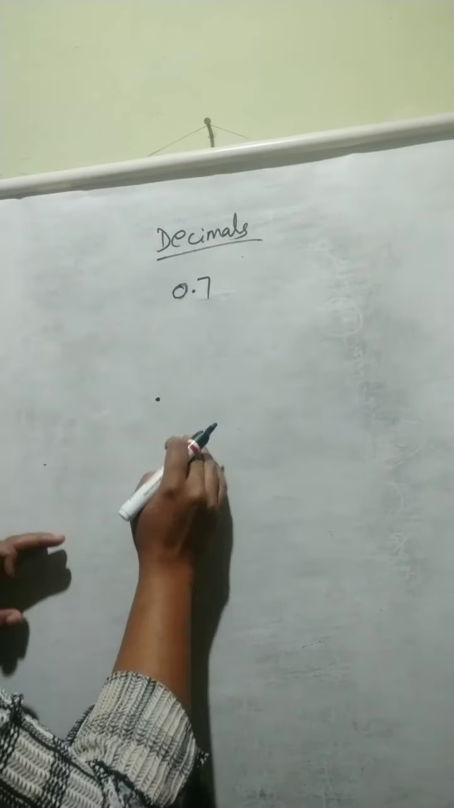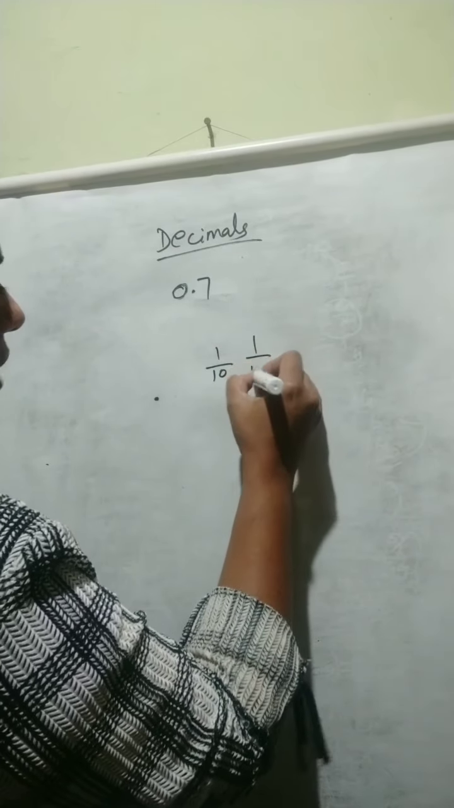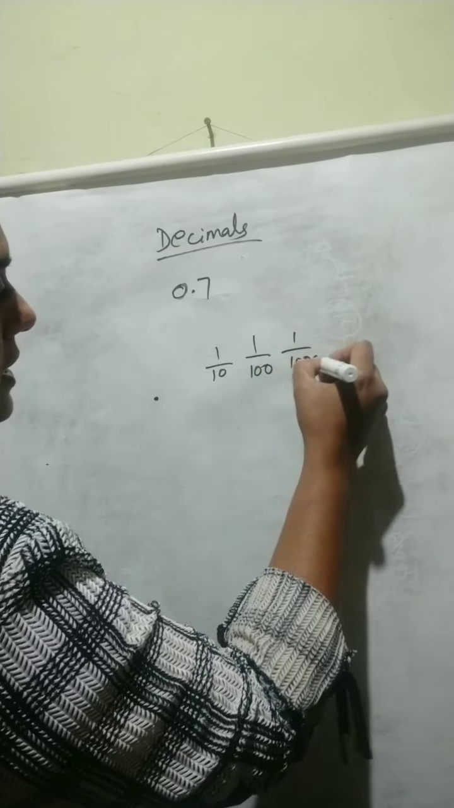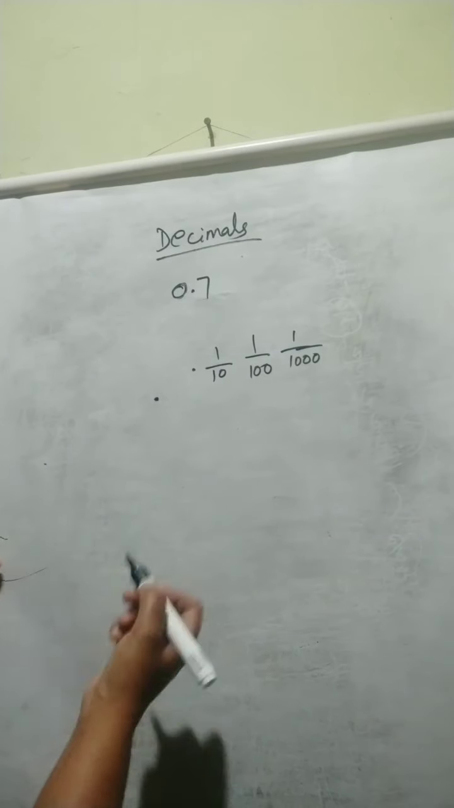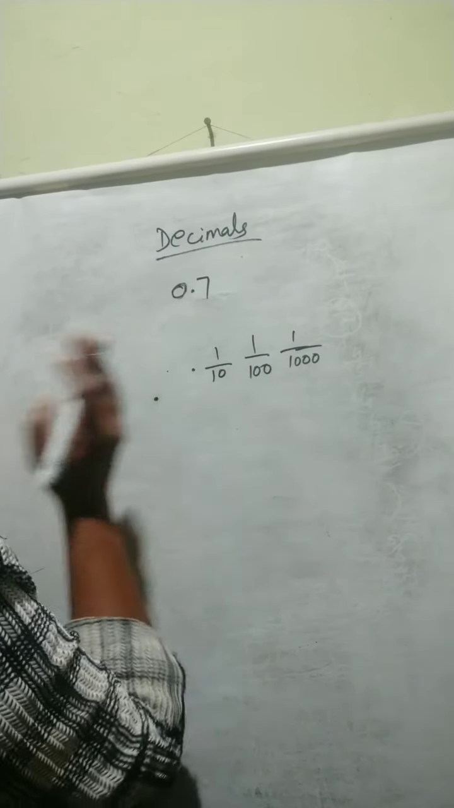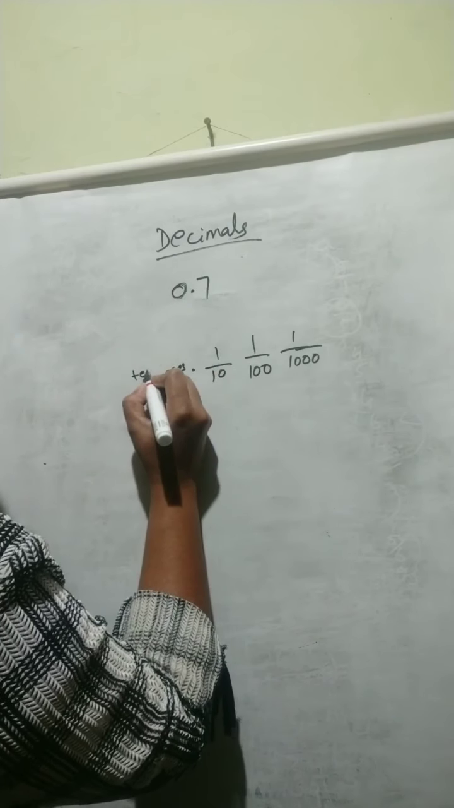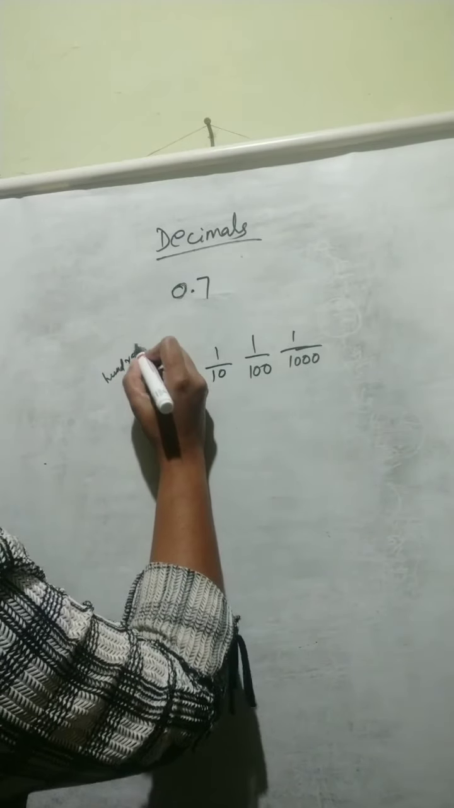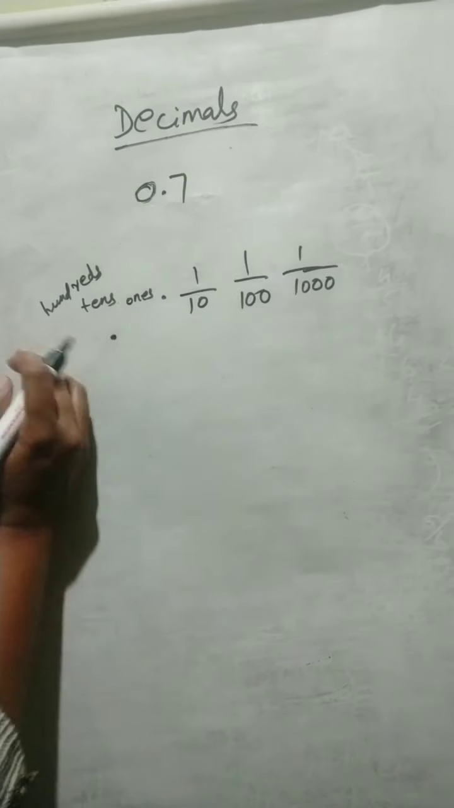In 0.7, after the point the place values will go like this: tenths, hundredths, thousandths, ten-thousandths and so on. Here will be the decimal part. And according to our counting numbers, here will be ones, then tens, then hundreds, thousands and so on. Okay. Now, here we know